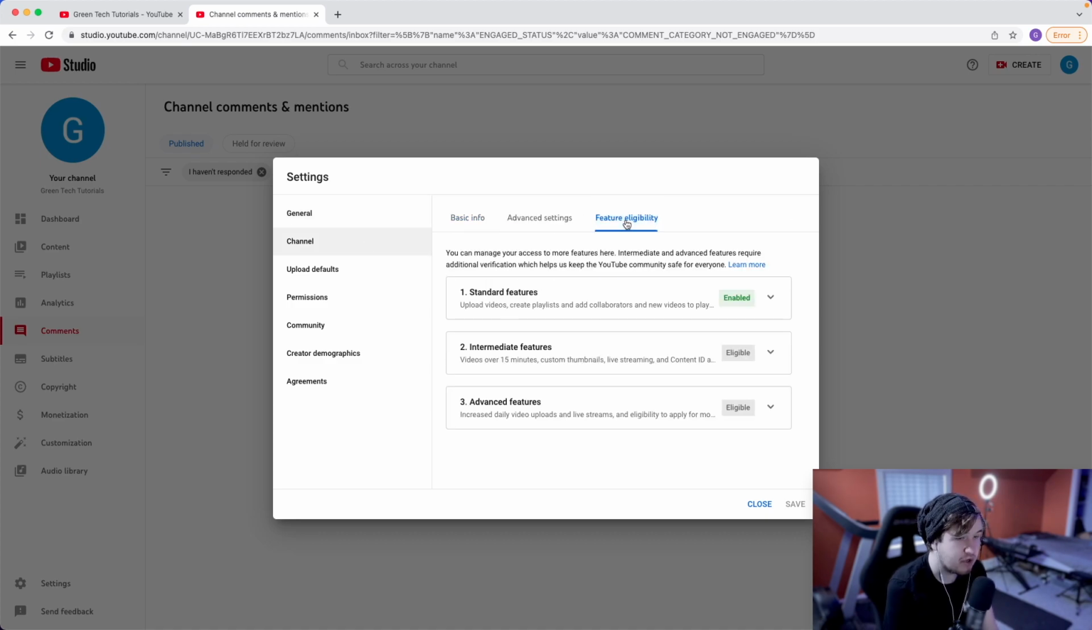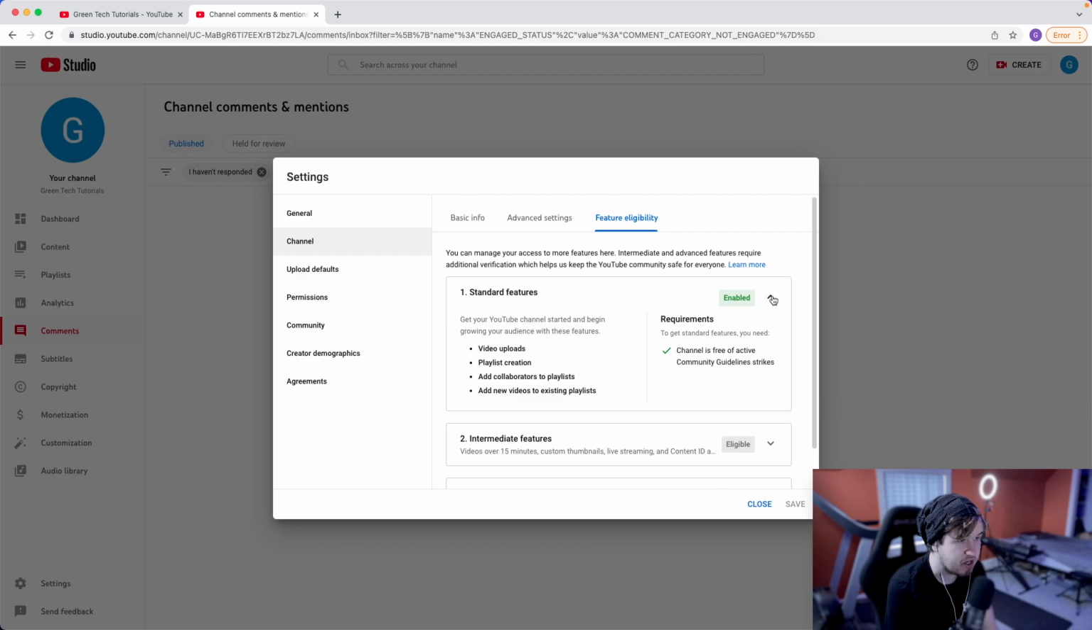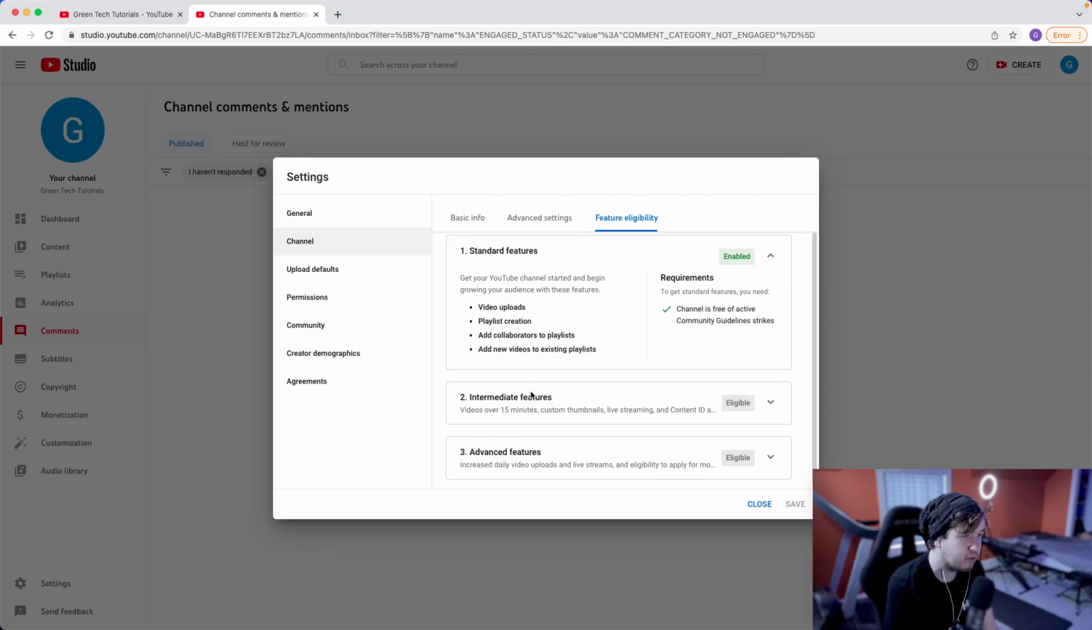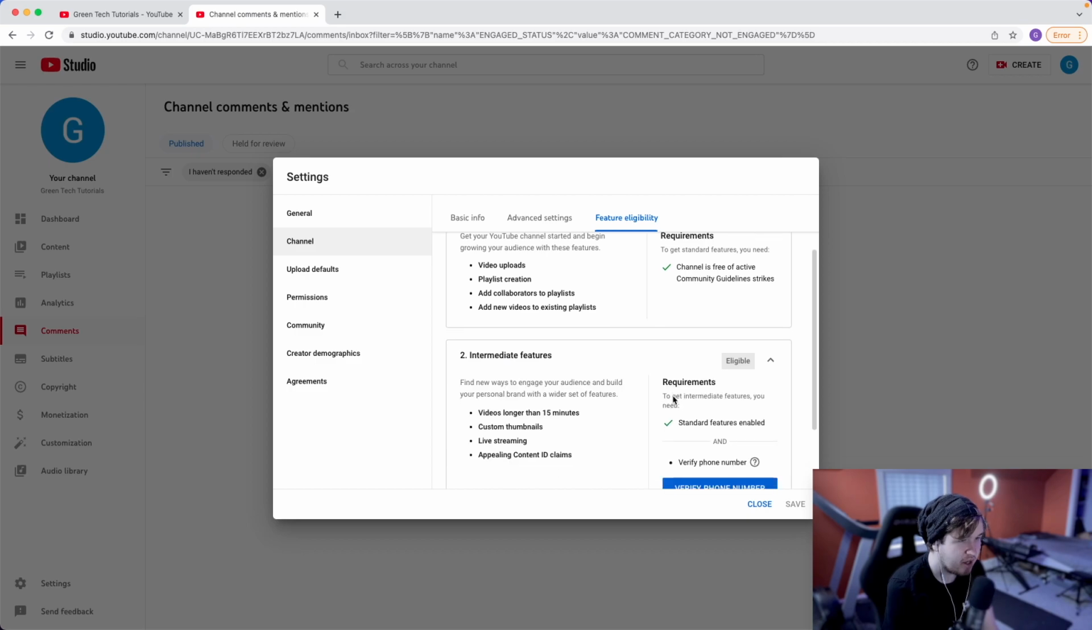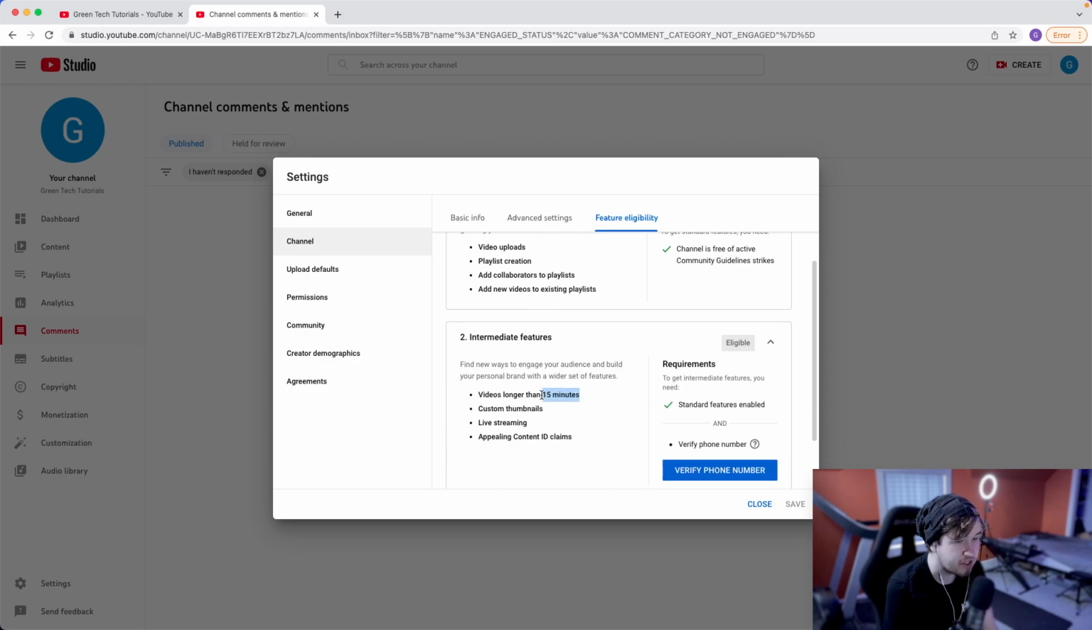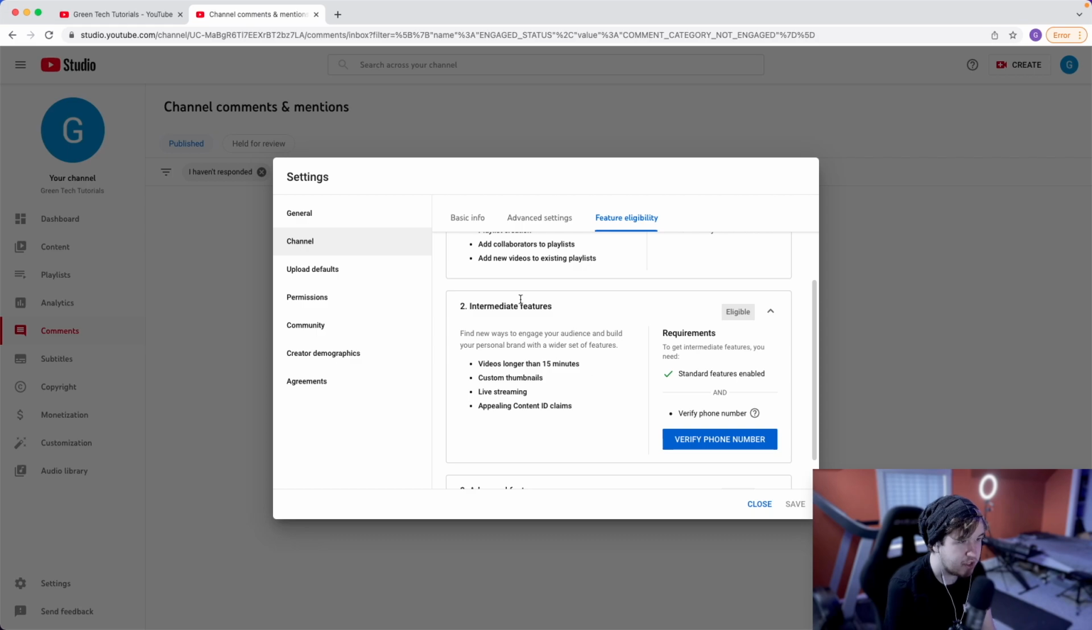And here is one of the most important steps when creating a YouTube channel. As you can see under standard features, we have this currently enabled, meaning we can upload videos, we can create playlists, we can add collaborators to playlists, and we can add new videos to existing playlists. However, we don't have the intermediate features, and these features allow us to create videos that are longer than 15 minutes. We can create custom thumbnails, which is very important when creating a YouTube channel. We have access to live streaming, but in order to access these features, we need to verify a phone number